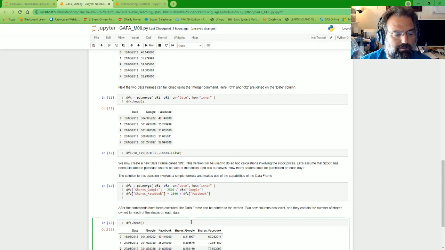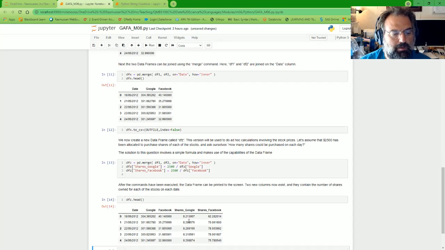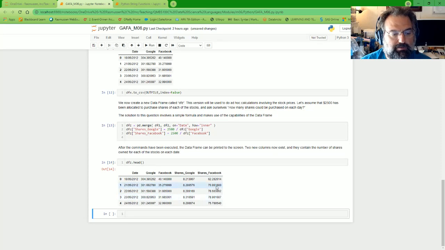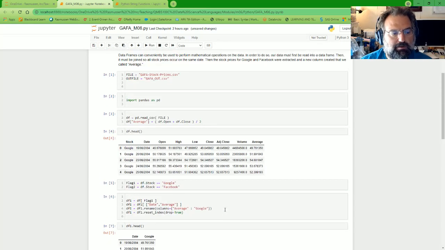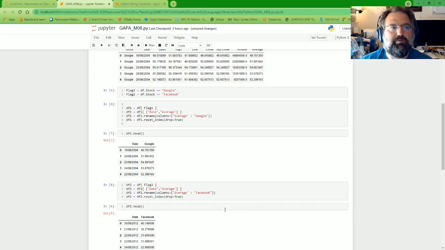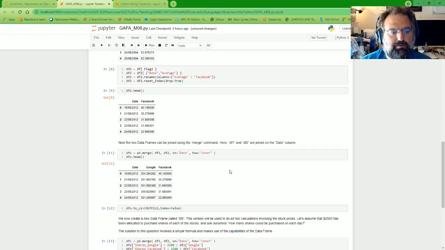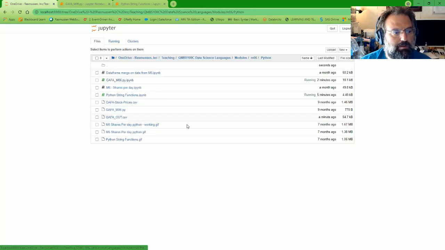Then we can take a look at that produced data frame and see that it does now contain the new column. It's convenient for your index to be something that is truly a natural sort of index, right? So date is a good thing to index things by. With that,